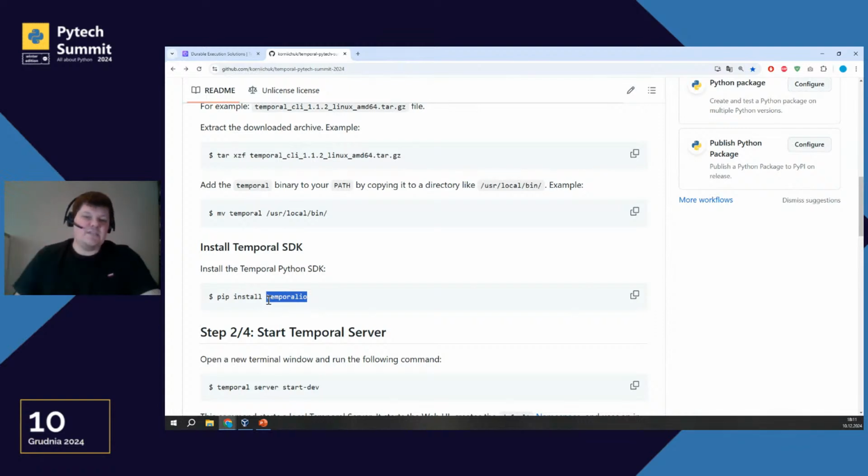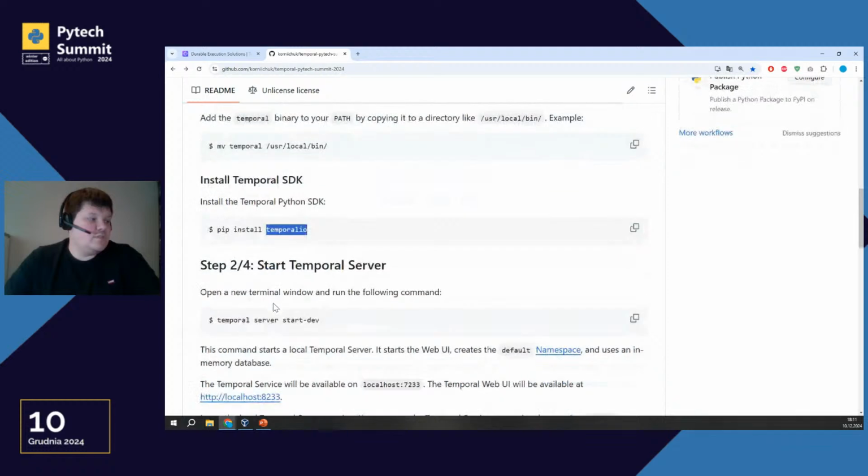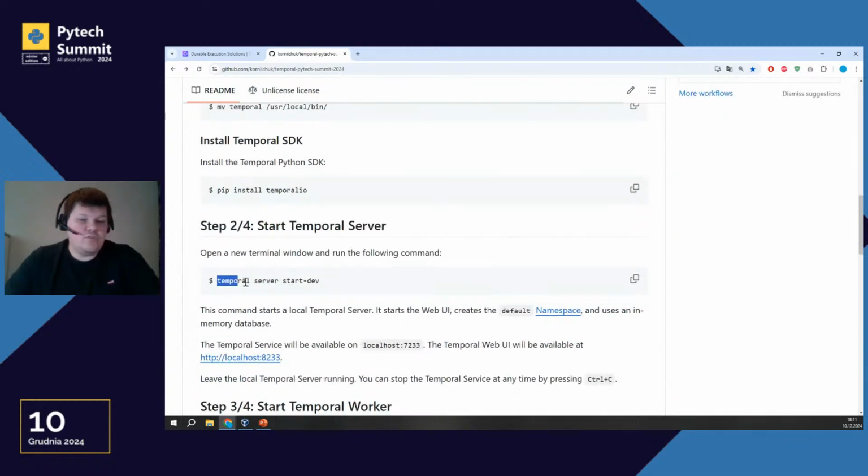So we will have the CLI, we will have the SDK. To start the server, as we have already learned today, we need to type temporal server start-dev. We will have a local Temporal server with an in-memory database. It means everything is erased from memory in case of a restart of the server.